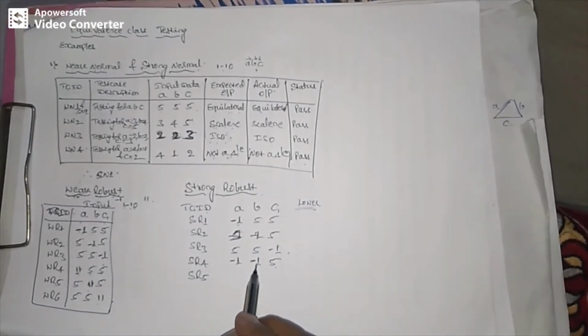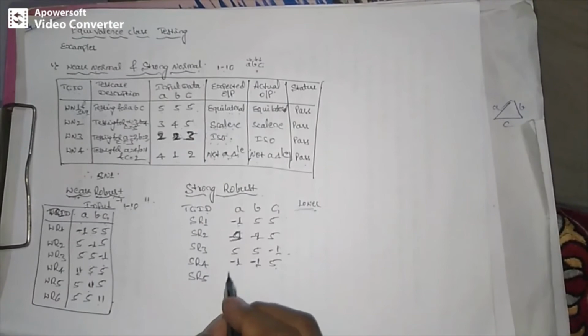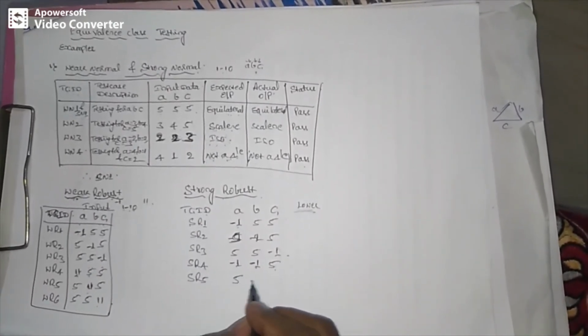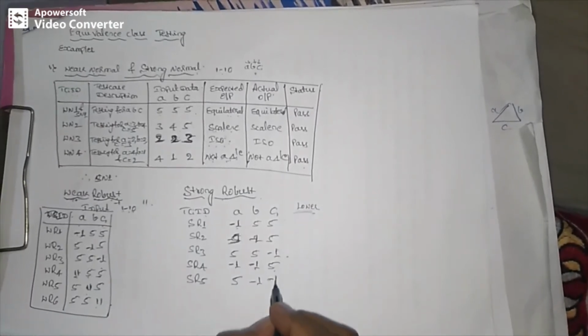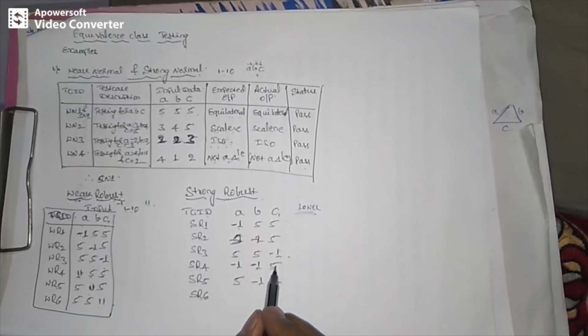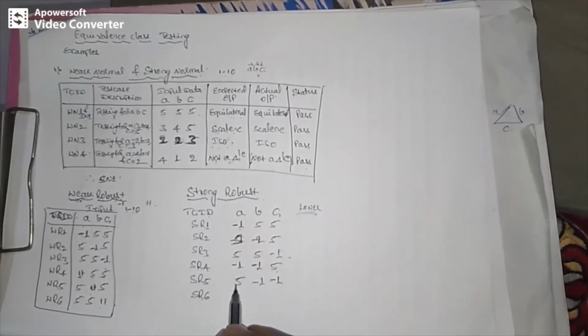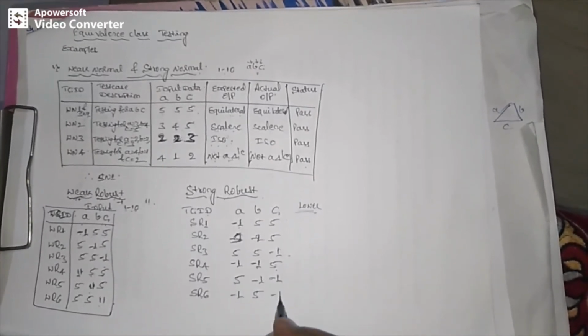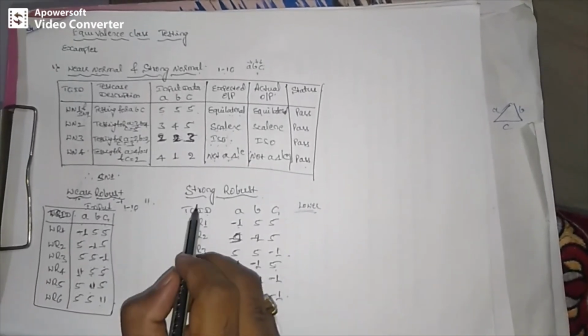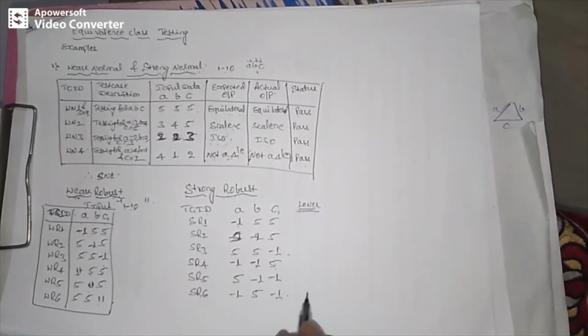Next time B and C will be valid and A will be invalid. Now I'll write A will be valid, B and C will be invalid. Next is SR6, that is strong robust 6 test case. Next, one time A is valid, and next B will be valid and the other two, A and C, will be invalid. This is how we can write the test cases for strong robust for the lower corner.